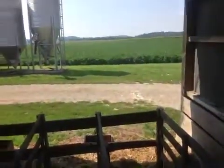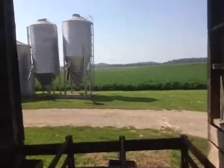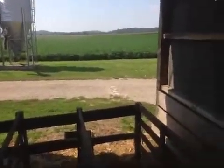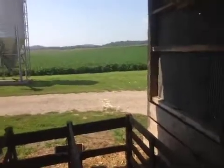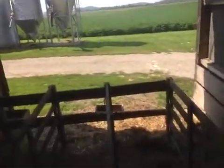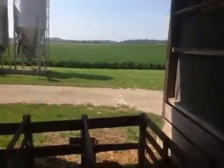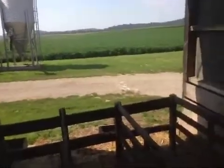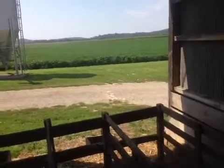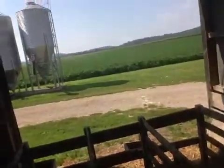About that time they called, we had to take 2 loads in, which consisted of us taking them up to the fairgrounds, running them into the hog barn up there, the pork pavilion, and then we had to come back here and get another load and take up there, because we don't want semis coming in with a load of hogs on our farm, because that's how you get diseases and they'll wipe you out. So we try to stay clean, keep the trailer washed out, everything's clean. But anyway, we did that, came back,